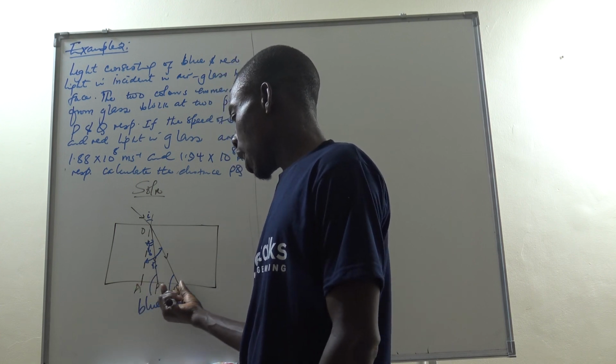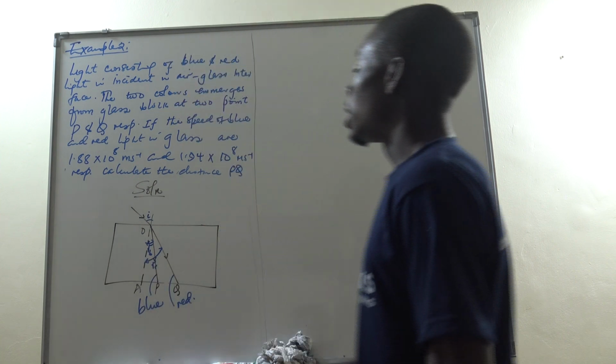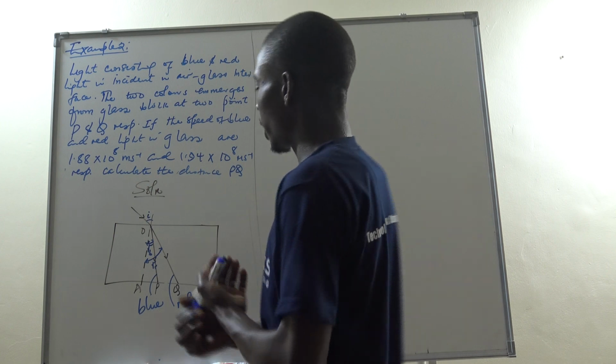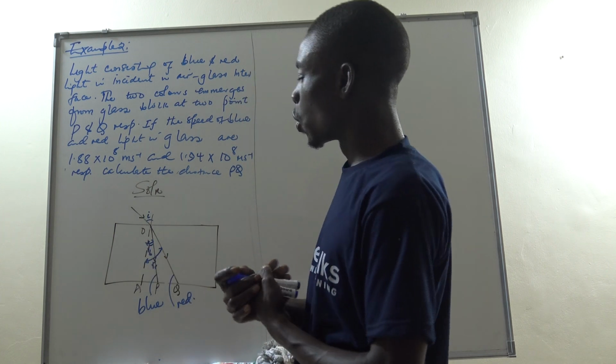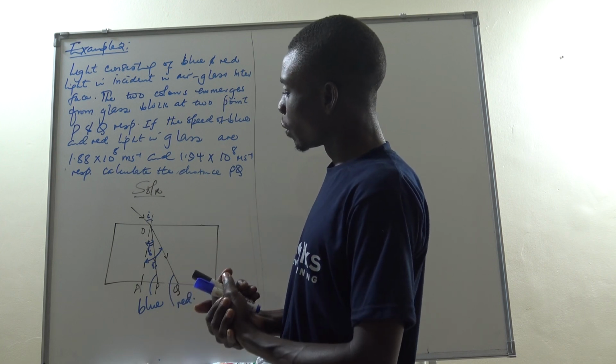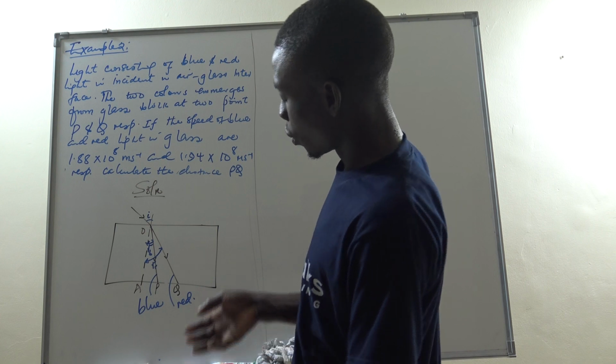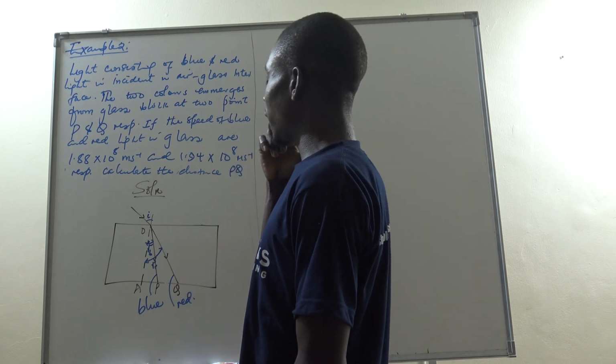Do I actually know the refractive index? The refractive index can be gotten from the speed of light in a vacuum to the speed of light in the medium. So if I now get the refractive index,